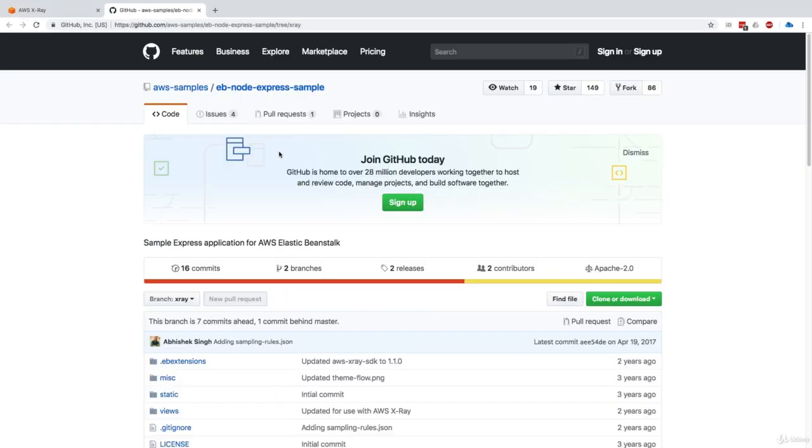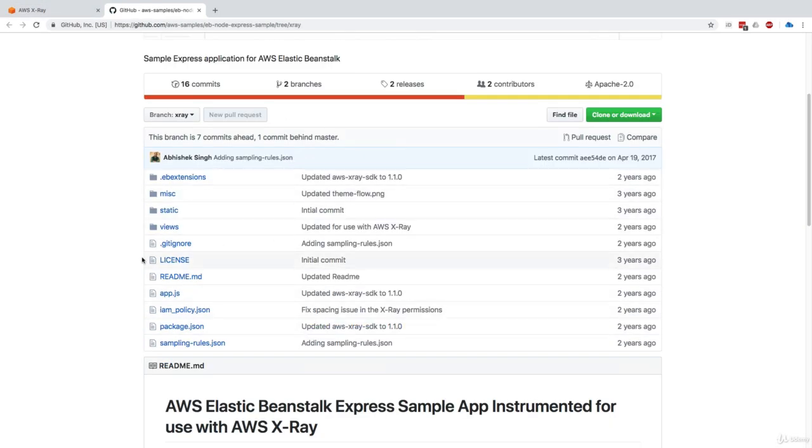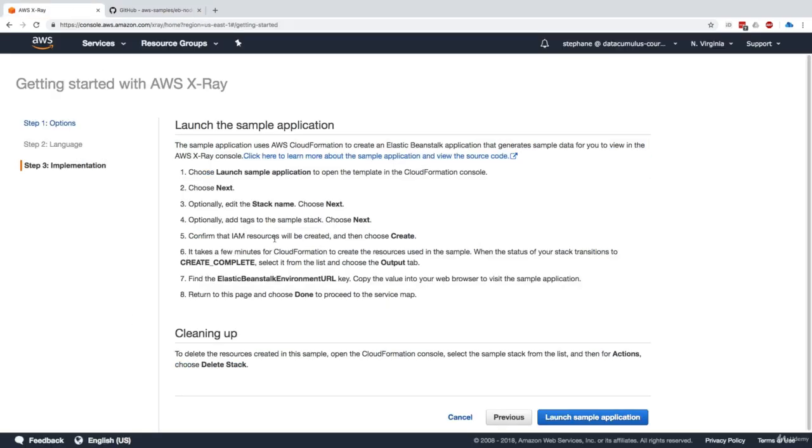You can click here and this will teleport you to GitHub, and you can see the whole application and how it works. If you're curious about which language it is, it's HTML and JavaScript. If you look at the code, you can see it's Node.js and it tells you how it's been implemented. We don't really care about the how, we really care about how it works.